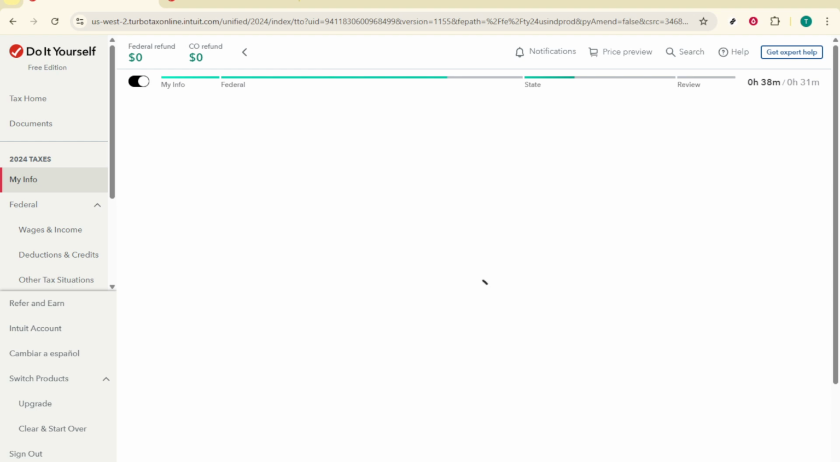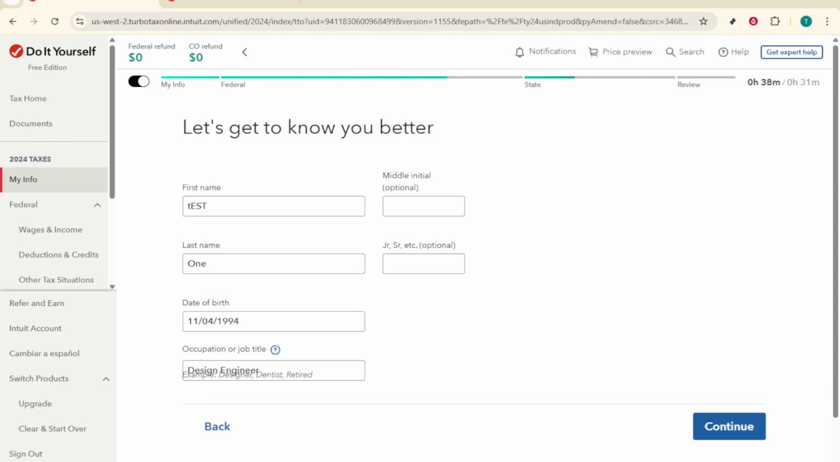For example, single is for unmarried taxpayers who don't qualify for another status. Married filing jointly is typically used when you and your spouse combine your income on one return. Head of household can apply if you're unmarried and paid more than half the cost of keeping up a home